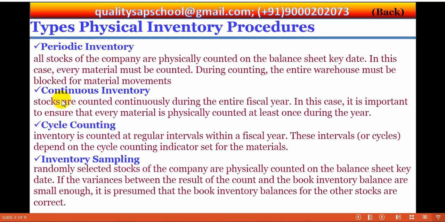Now, continuous inventory process. In this, stocks are counted continuously during the entire physical year. In this case, it is important to ensure that every material is physically counted at least once during the year. That means in this process they will not do all the products at a time,